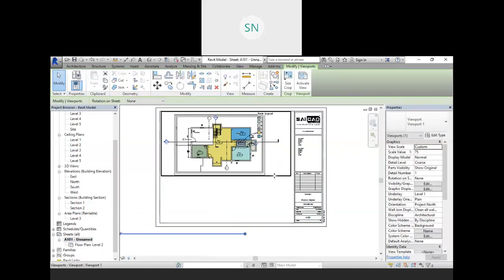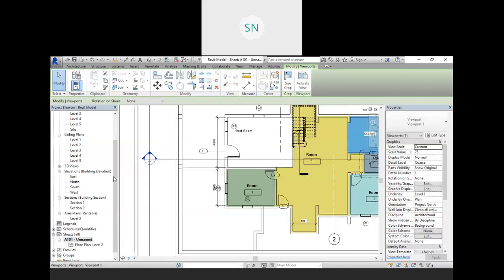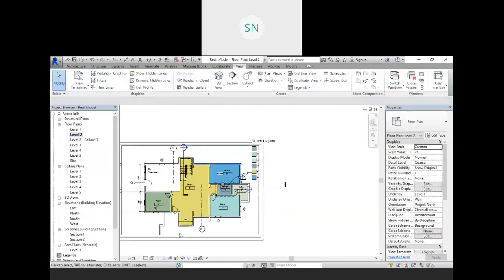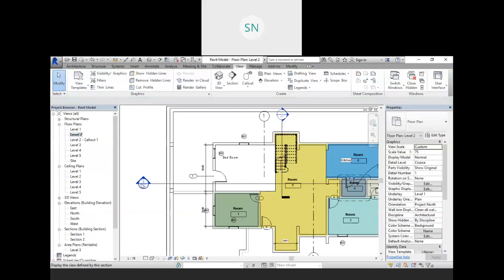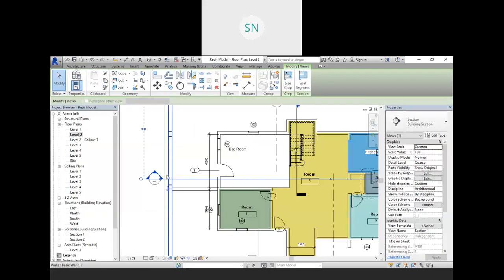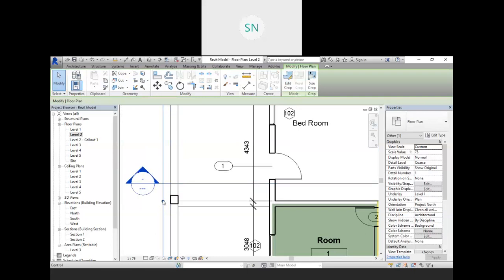One more thing, whatever things you have with the annotation, meaning that thing which is only for plan view purpose, not for 3D purpose. For example, this one, this is for the plan view purpose. So this thing is not going to crop with your crop region. See, we have crop region over here, but this bubble is there.